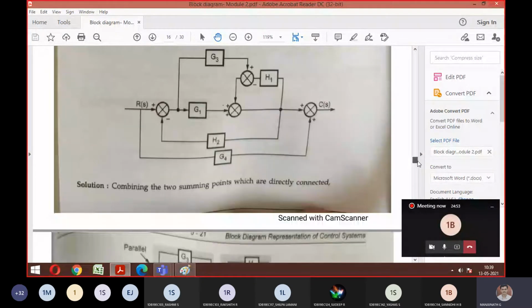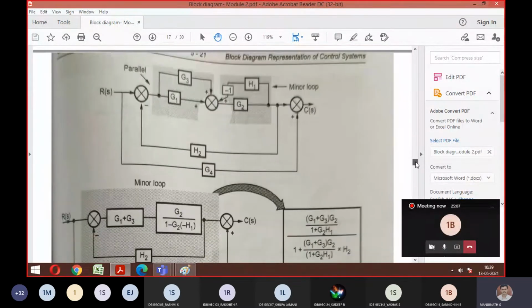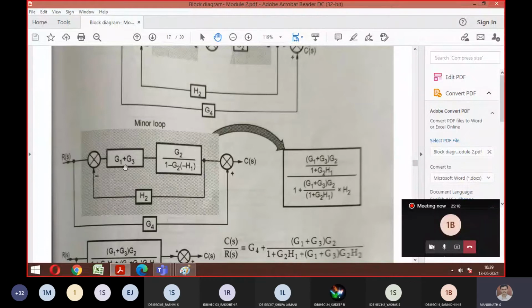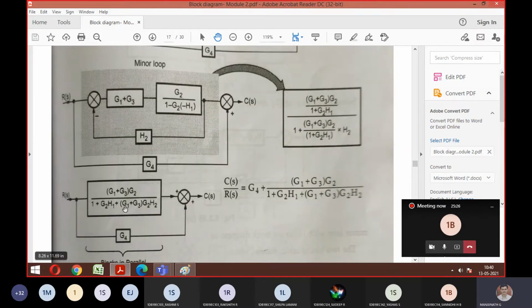Here, the first step you can look at. See, both possibilities that I told you have been shown here. Whether you take minus or plus, this answer remains the same. That is one step, and this parallel is the second step. After taking parallel, it has become G1 plus G3. After making this elimination, it has become G2 divided by, minus of minus remains the same, plus only. Then again, these two become cascade. You can make it one. Then that elimination part is this. Is it what the answer you got, after eliminating that cascade and performing elimination with H2?